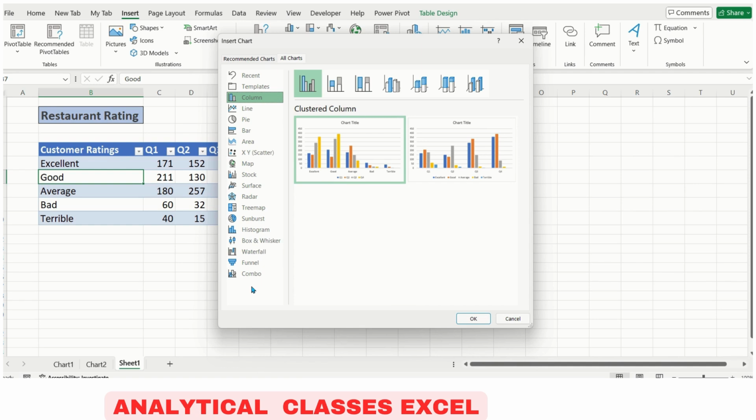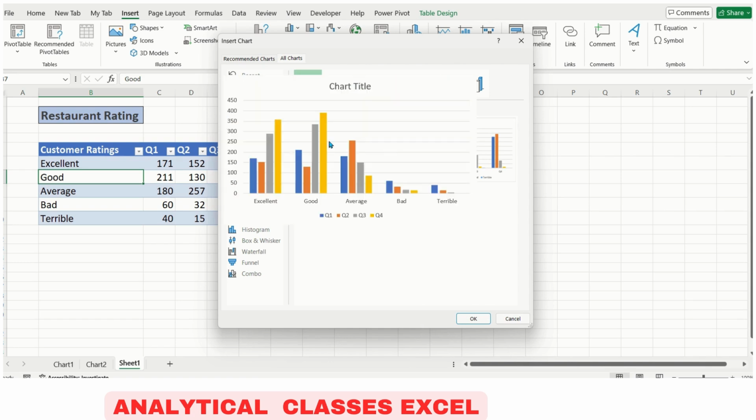So we are going to learn about a few very popular Excel charts which are always used, and 90% of the time only these charts are used. So let's talk about them. The first type is the column chart. In this category,